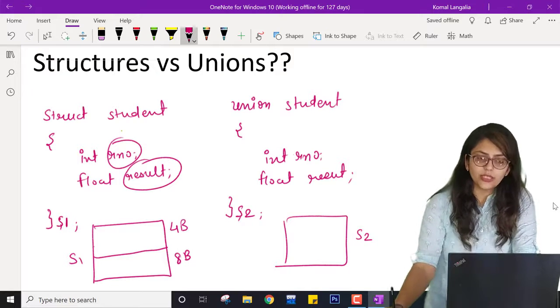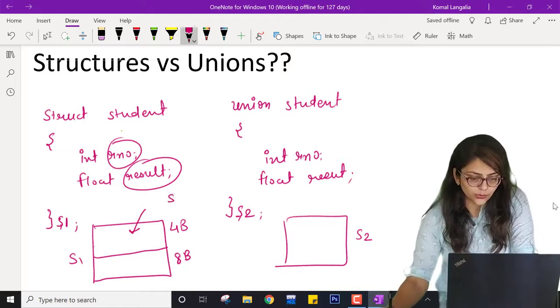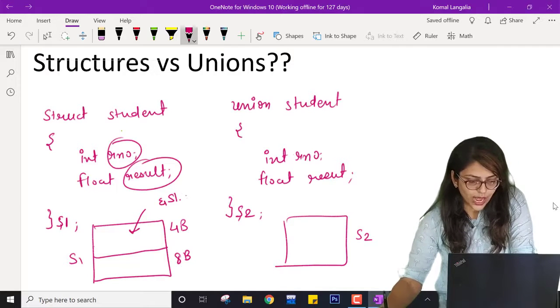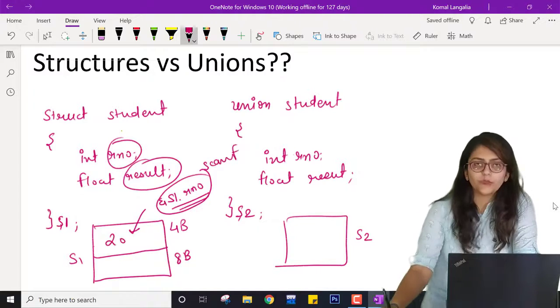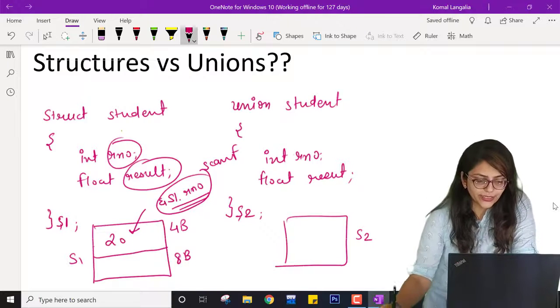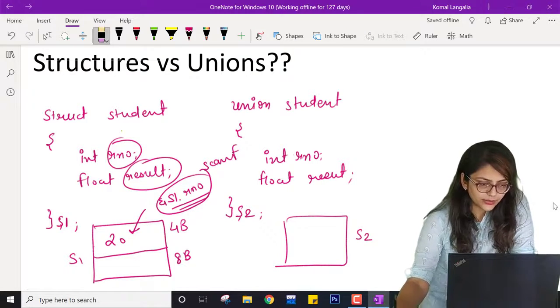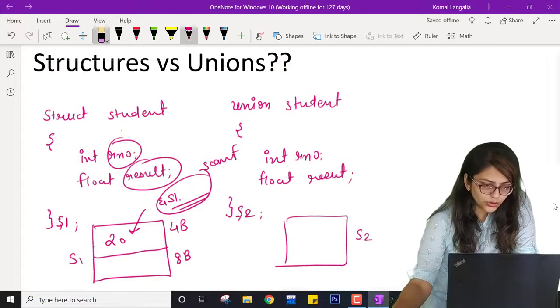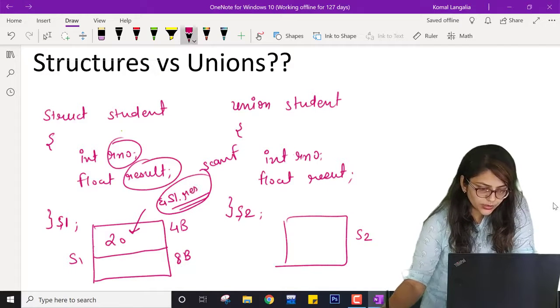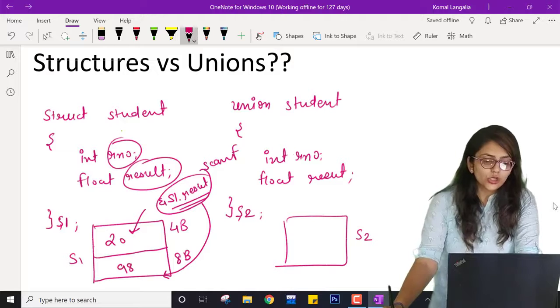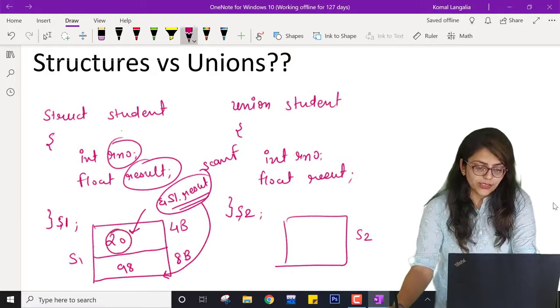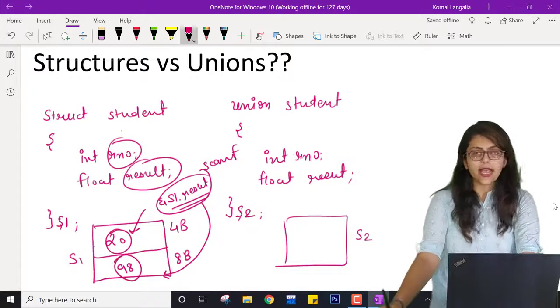So whenever the user is entering S1 dot r number using scanf, it will store it as 20. So roll number is 20. Then if the user is entering say S1 dot result, it will store this value over here. Say result is 98%. Right? So if I want to print this, I can print it. If I want to print this, I can print it.